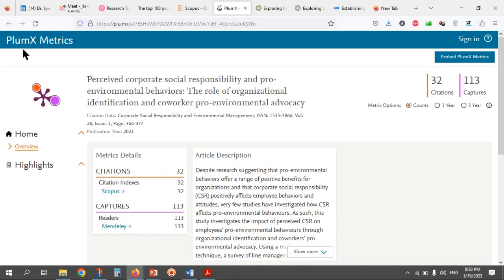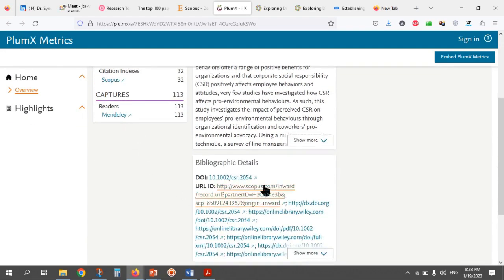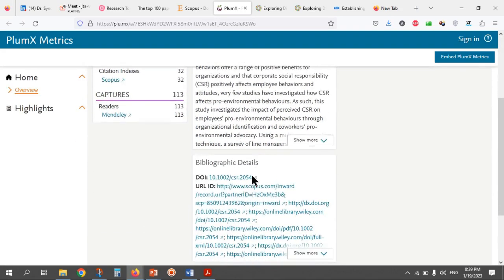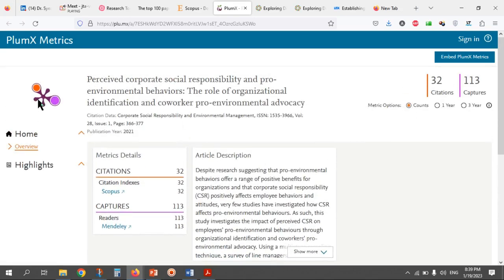Usually Plumx or Altmetric and so on collect the data based on the identification number. Usually the main important identification number for a paper is the DOI, but sometimes maybe it has another one, but the main one is the DOI. Be careful when you advertise a paper, please include the DOI number in order to be captured by Plumx, by Altmetric, and so on.